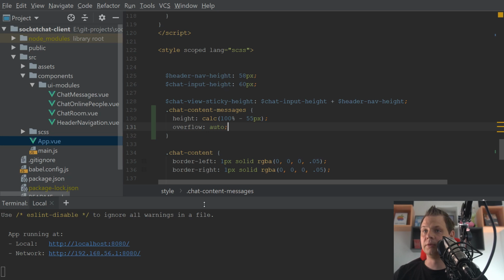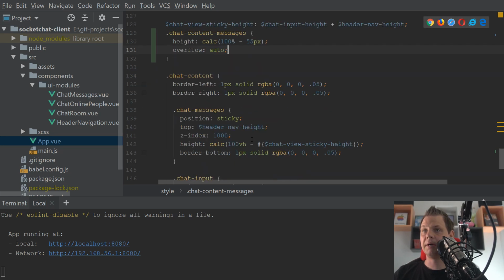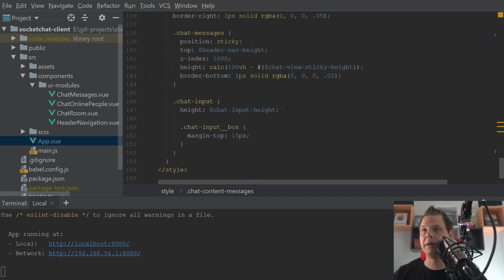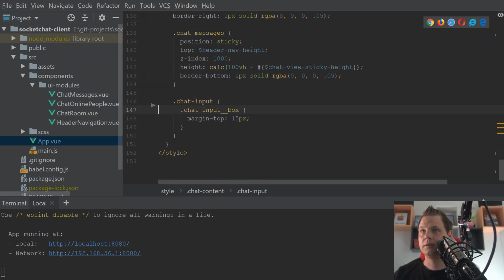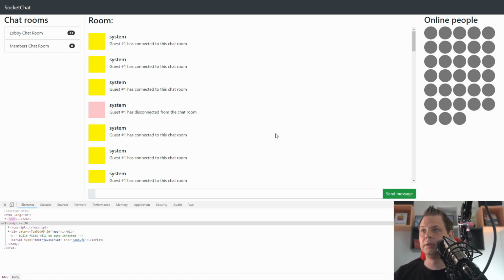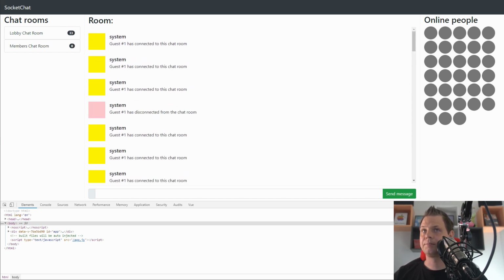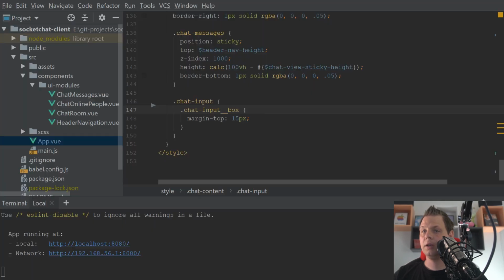So let's remove this. It's about this height here, and if you remove this you can't do it anymore, but you can still scroll, so that's perfect. Let's go back to the client,